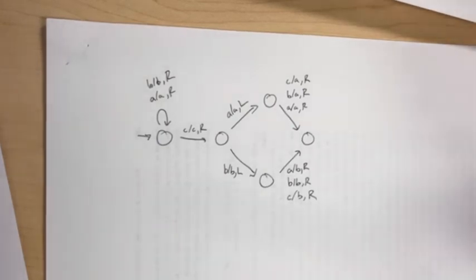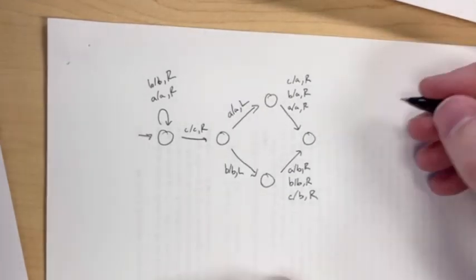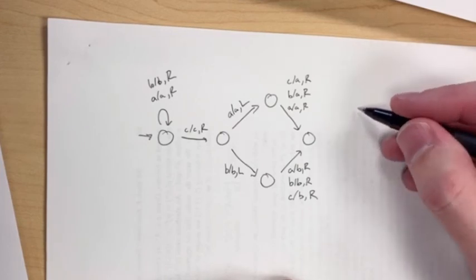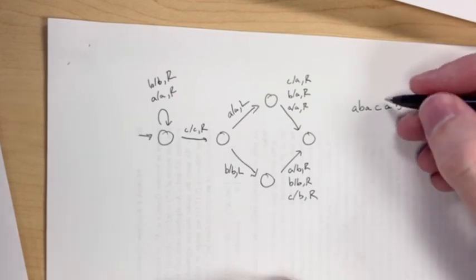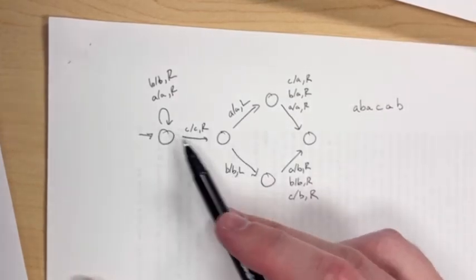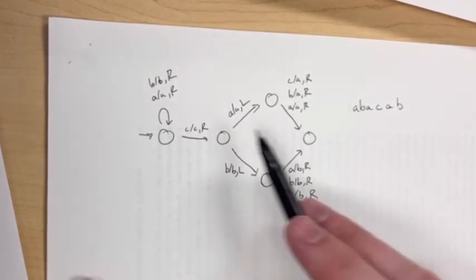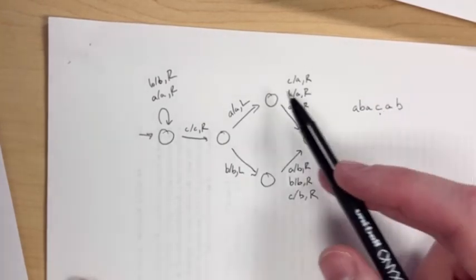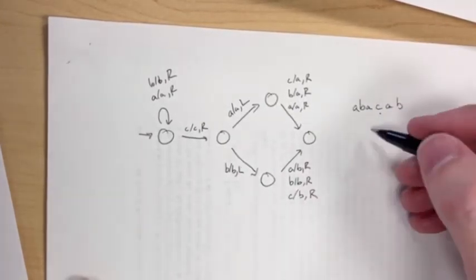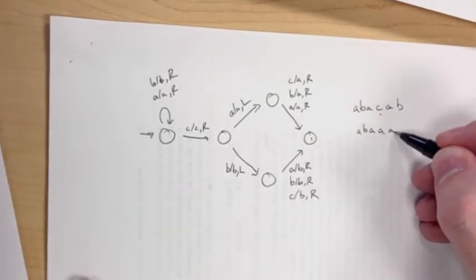Okay, so after you've done that, let me see if I can write a little example of how this would work. So maybe I have ABA, CAB, something like this. We begin by moving all the way over, pointing at the C, then we're in this state. Pointing at the A, we move back to the left, replace the C with the A, and then move back to the right. So once we get to here, the thing looks like ABA, AB, and we're pointed at this